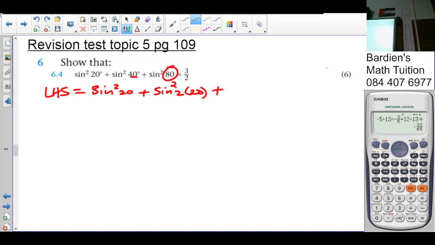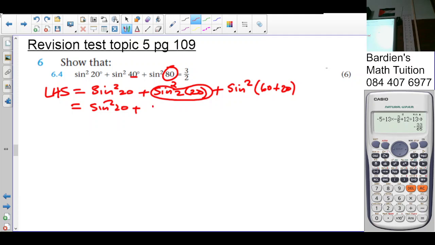It can be written as sine squared of 60 plus 20. Okay, so that is simply sine squared 20 plus, this here can be written as